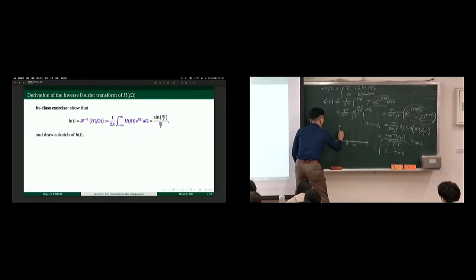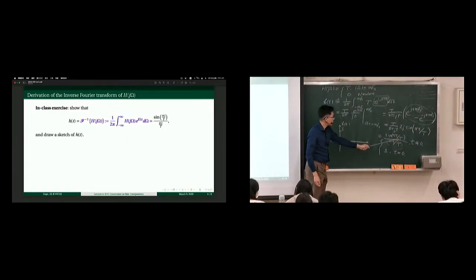And we already know that it's 1 at time 0. And then because the period of this sine function is 2 big T, I believe,